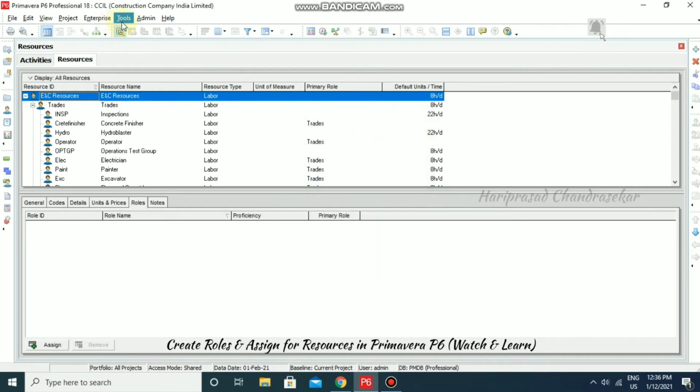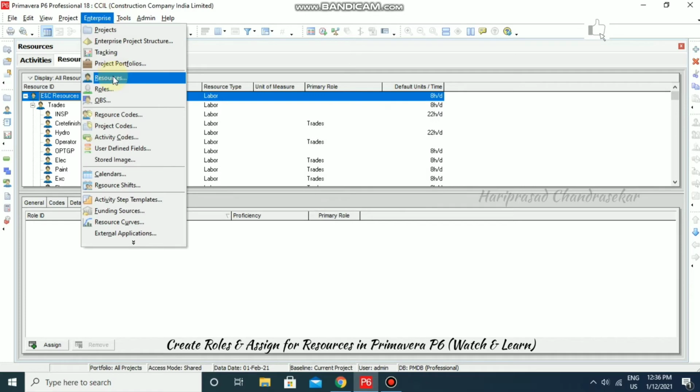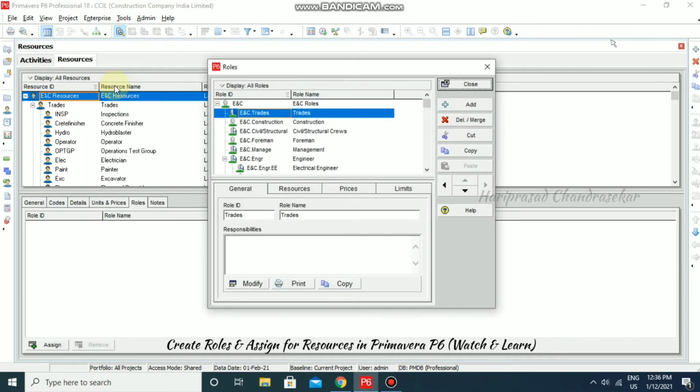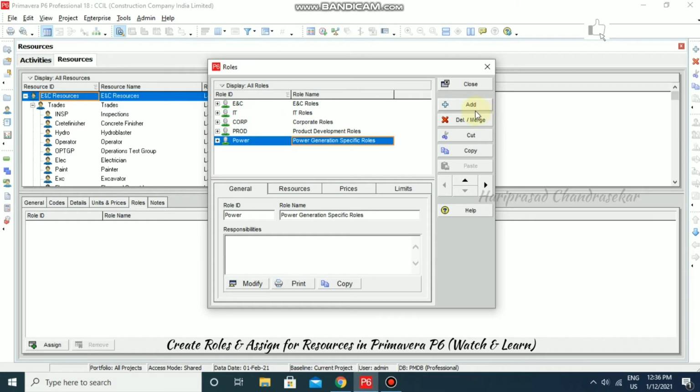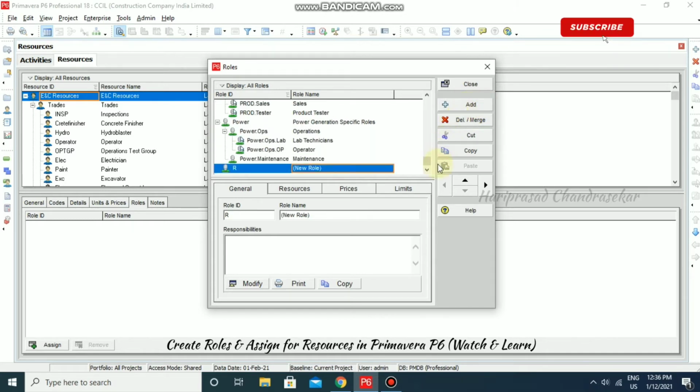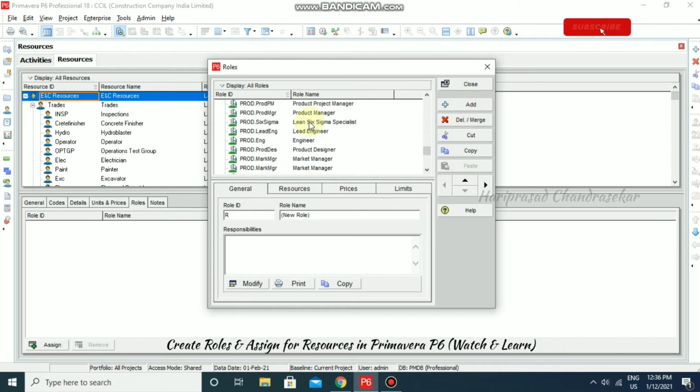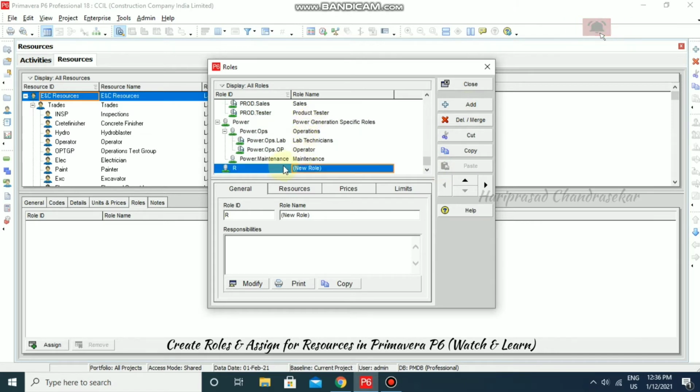So first we need to create roles, for that Enterprise and then Roles. Here you can hide it using this icon. I'm just going to click here and then add a new role. So I have added a new role and we can input a role ID.